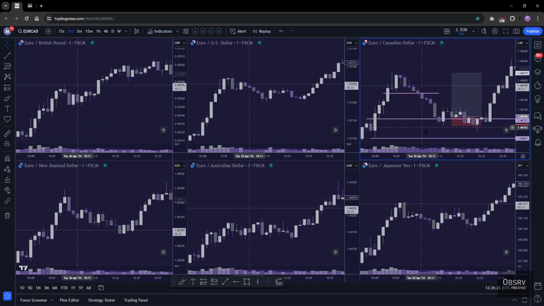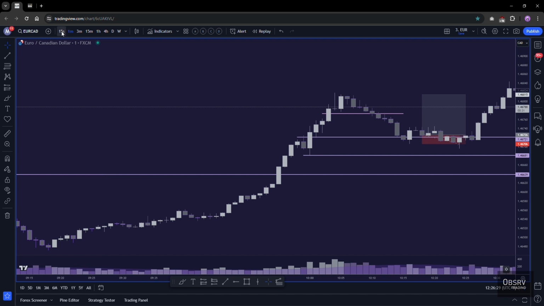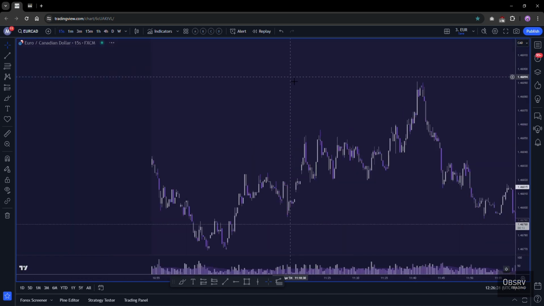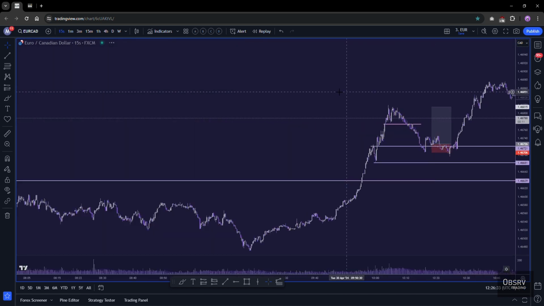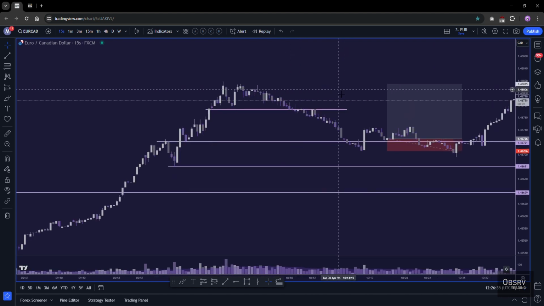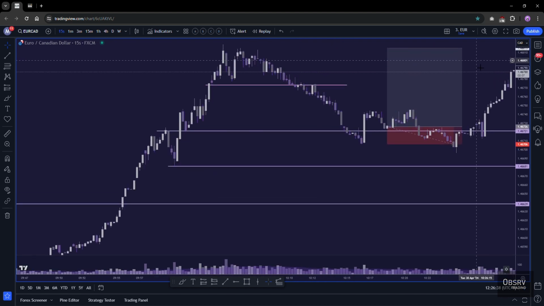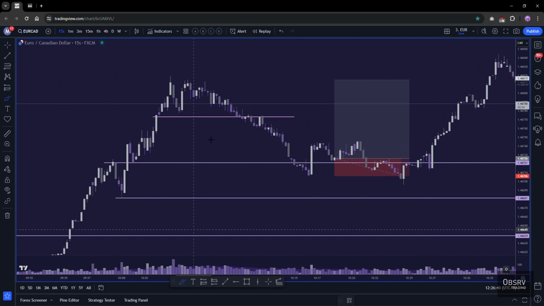So if we go deeper into this, on the 15 seconds, I was waiting for sellers to be introduced into the market. So it was at this point that sellers were introduced, and then I was waiting for buyers to be introduced back into the market to let me know that buyers are around and they should be looking to buy at some point. So over here we had a strong buyer step in